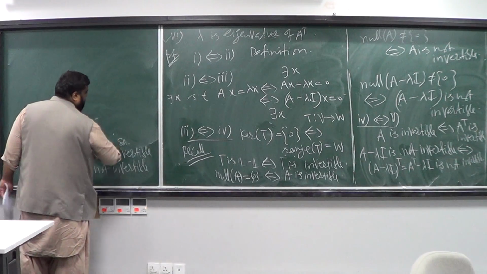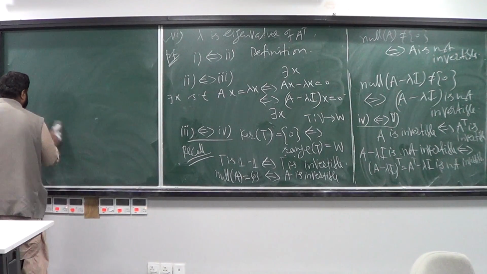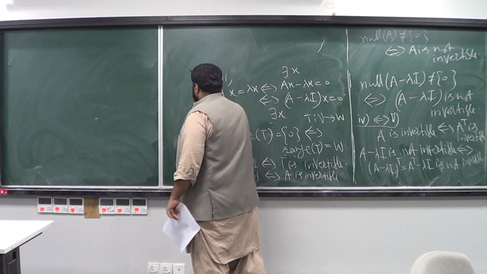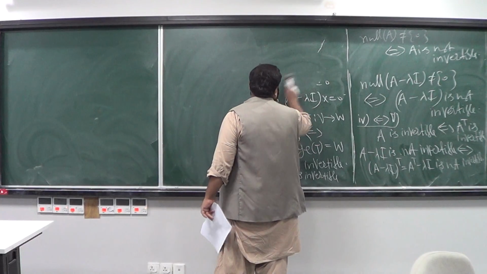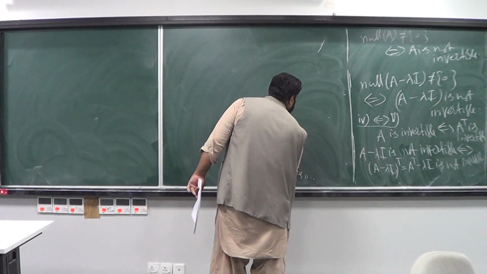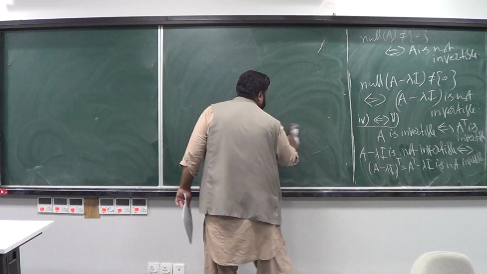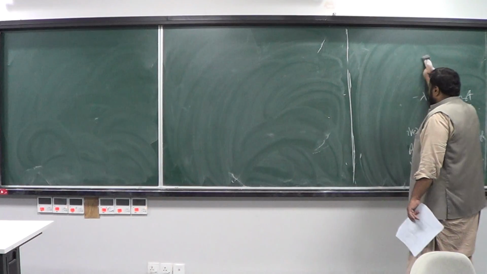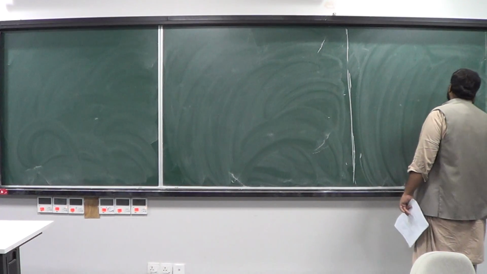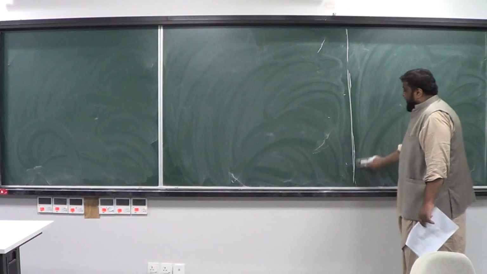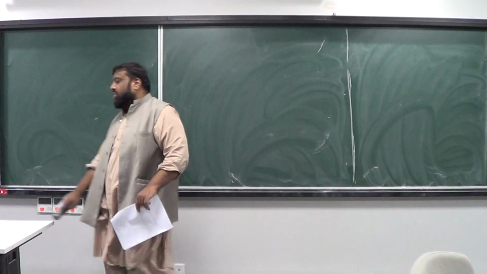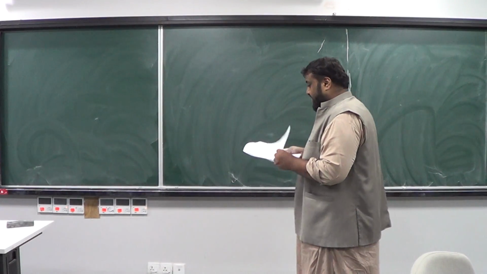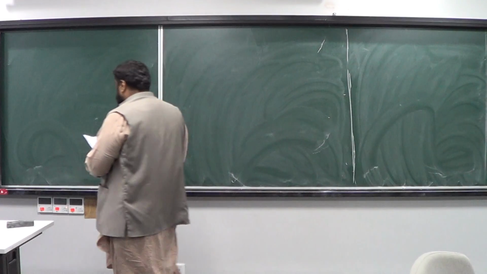So now let's move to our first question. Does every matrix have an eigenvalue? Okay? So this is the first question we would like to address. Does every matrix have an eigenvalue? And the answer is yes actually. And we will prove this result, or we will try to answer this question in the form of two lemmas and then a corollary actually.